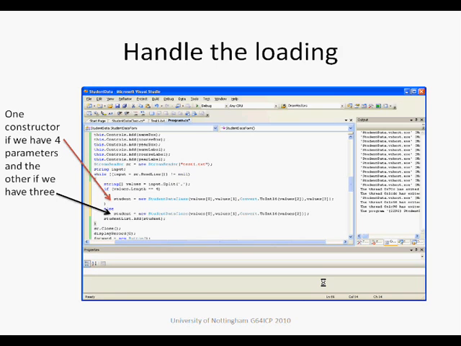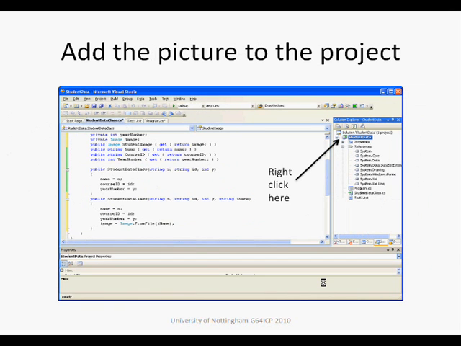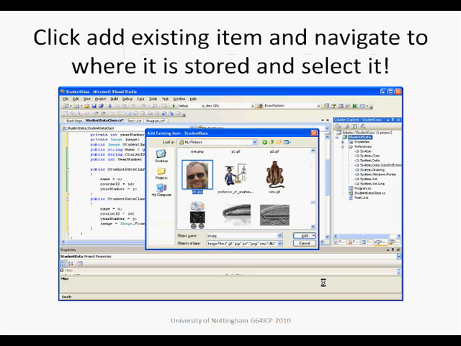And then I add a couple of if statements to my display formula, so that if I've got a 4 parameter student that I read in, then I call one of those constructors, and if I've only got 3 parameters I call the other. Now I'm going to add a picture to the project. Right click on the property on the project again and bring up the picture you want and say add it, and it will then